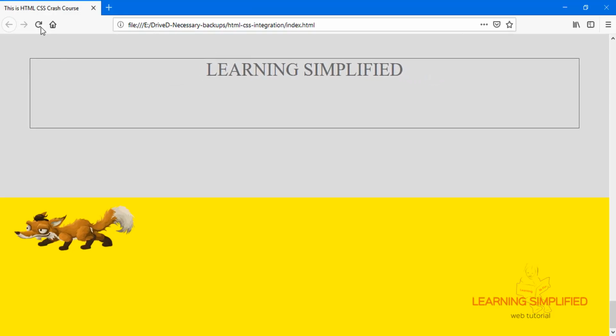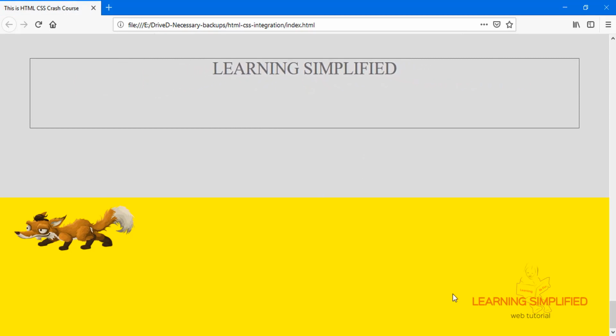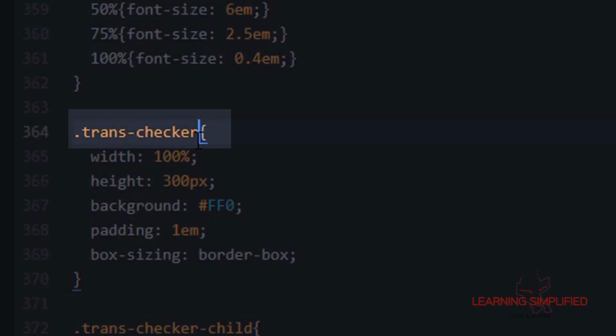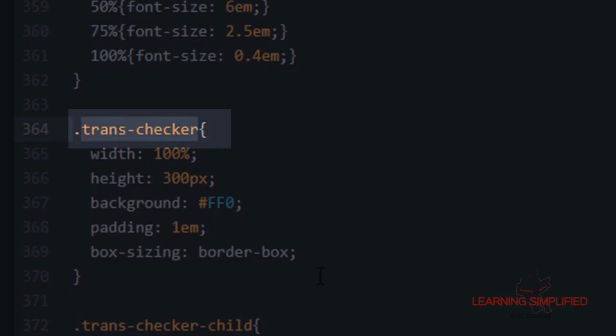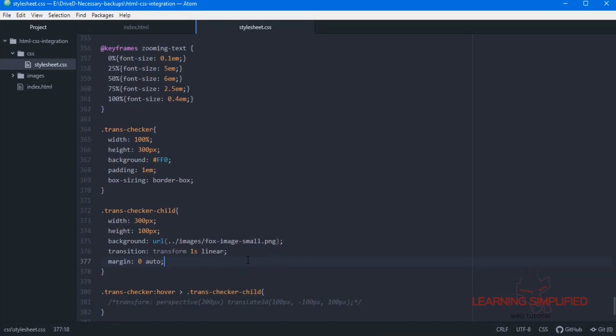If we get back to our project and reload, we can see that it is back in its position. This is the parent element here, this trans checker, and this is the child element. So all we are going to do is put a margin of 0 auto here.